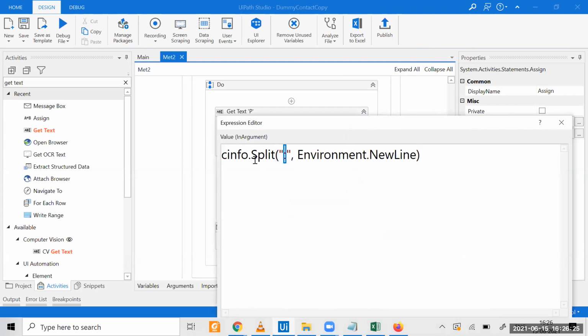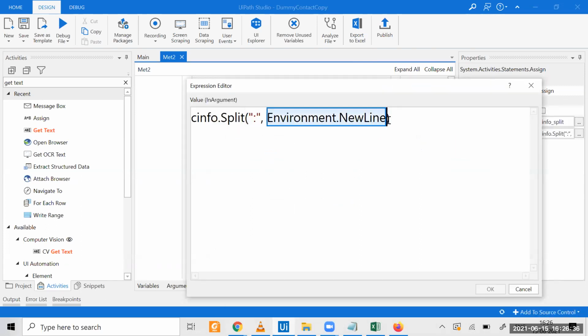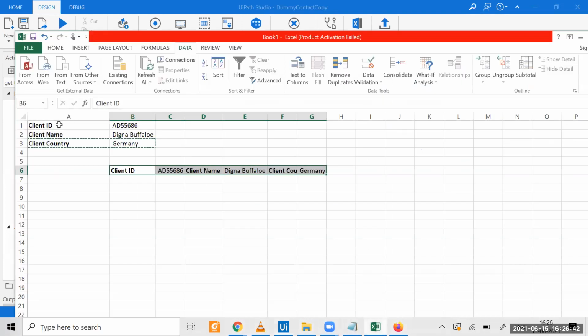We are specifying split on my customer information table, where the delimiter is specified as colon. But this one also actually works, in that it would also understand there is a new line after this. So there is a new line after this splitting. Next, the data is not here, data is right here.